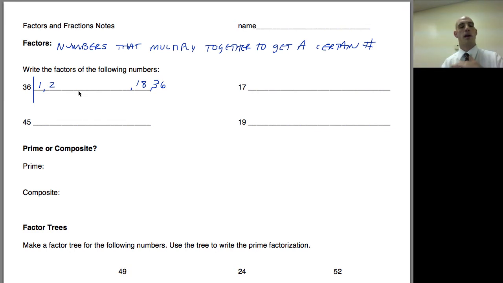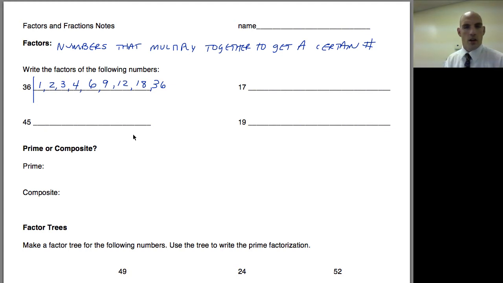I'm just going to kind of work my way up the line. And so I know that 3 times 12 is also 36. And 4 times 9 is also 36. And then I go to 5 doesn't go into 36. Does 6 go into 36? Yes, and 6 times 6 would be 36. So you see, you start from both ends, and when you meet in the middle, you run out of factors,